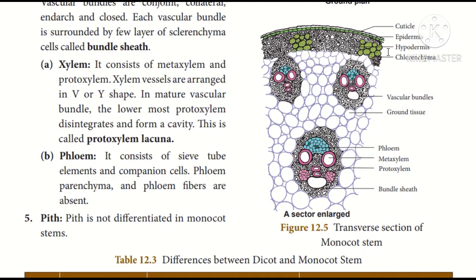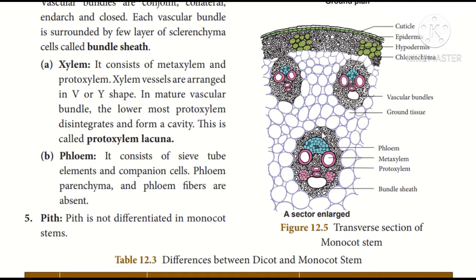And the second layer is called the hypodermis layer, and it is made up of a few layers of sclerenchymatous cells. Here the sclerenchyma is present, and the main important function of the sclerenchyma is to provide mechanical support to the plant. And the third layer is called the ground tissue, that is, the entire mass, the total area of parenchymatous cells lying below the hypodermis, is called the ground tissue. This is the third point here. And this ground tissue extends to the center.